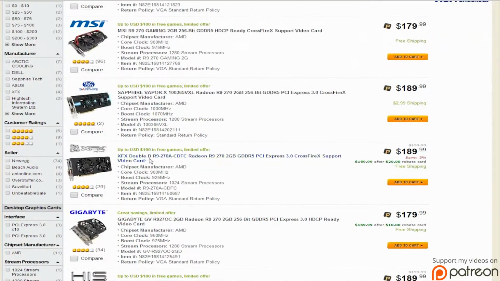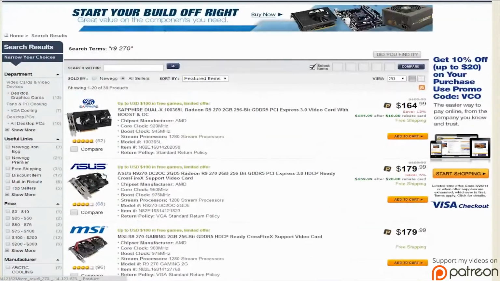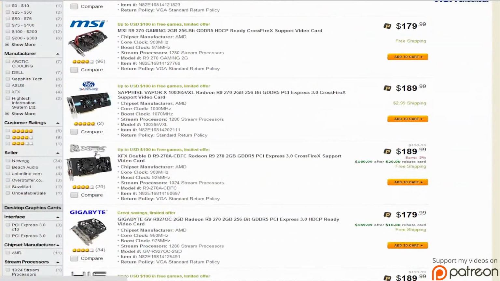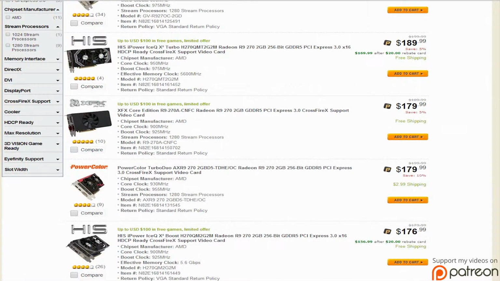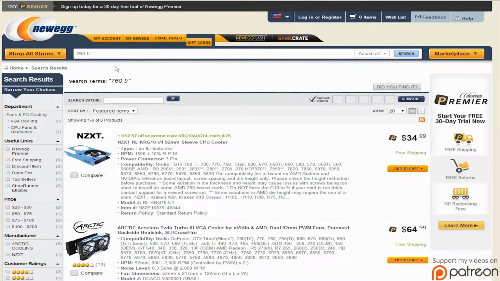There's different manufacturers, and the reason why is that they have their own proprietary cooling solutions. As you see here, each different company has their own cooling solution. Same exact thing for